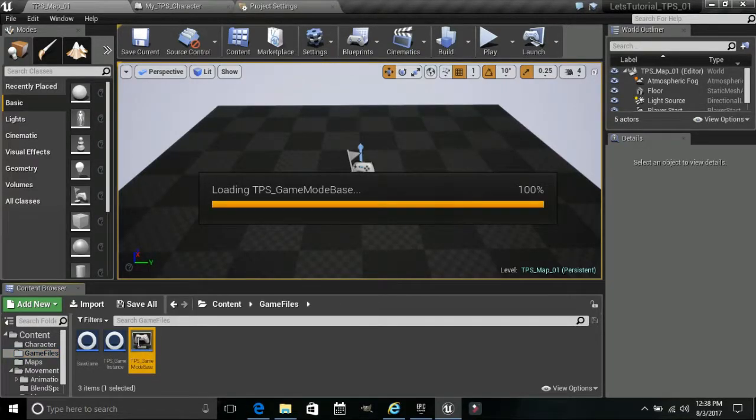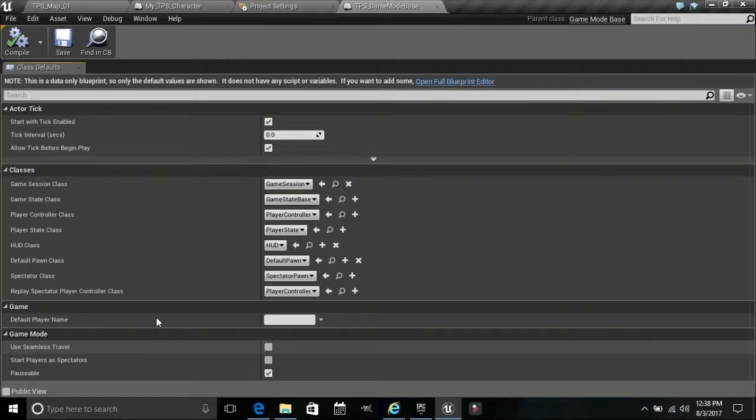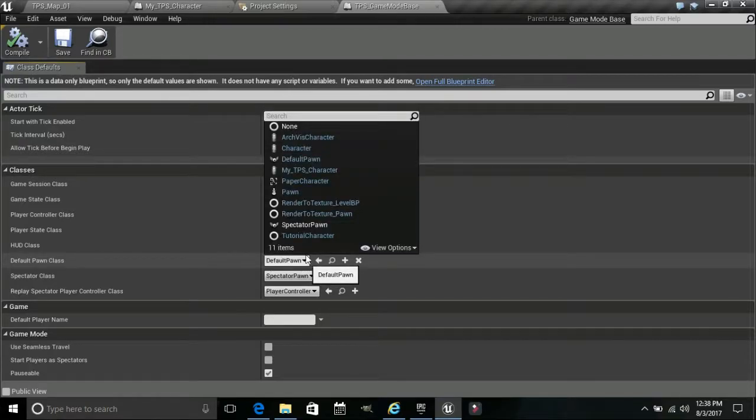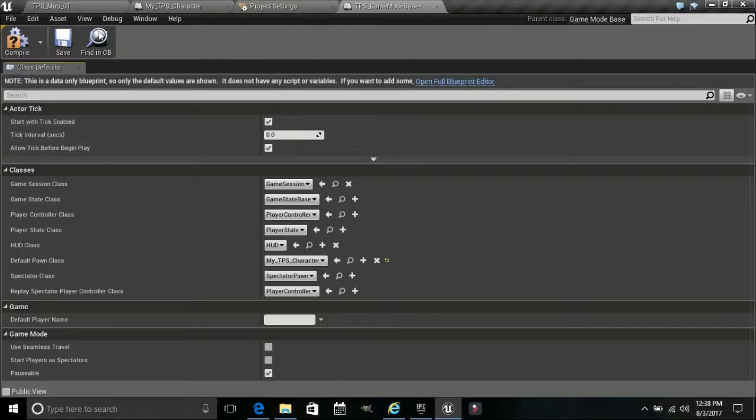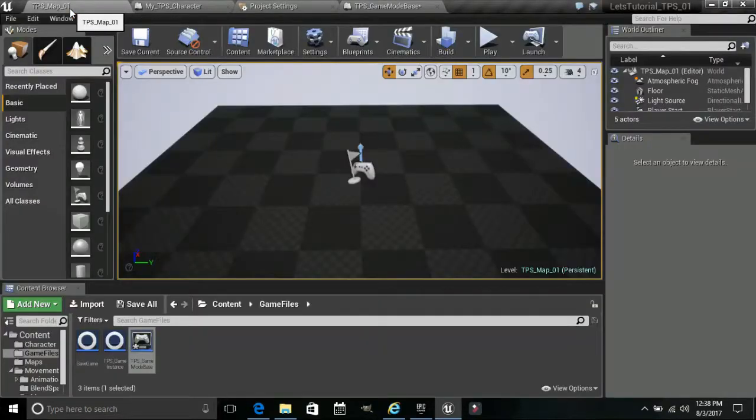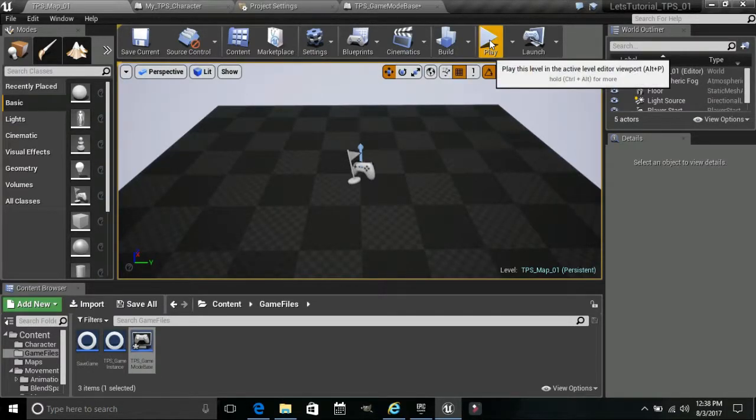Double click on that, and where it says default pawn class, pull this drop down and click on my TPS character. Now when you start the game, it'll put your player right where that little controller is. So if you hit play,